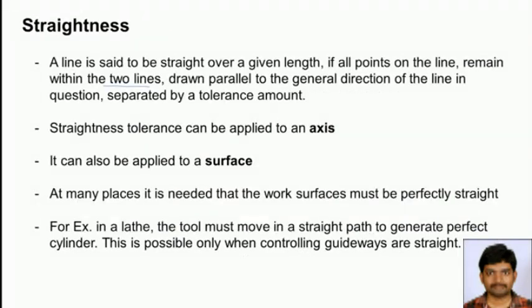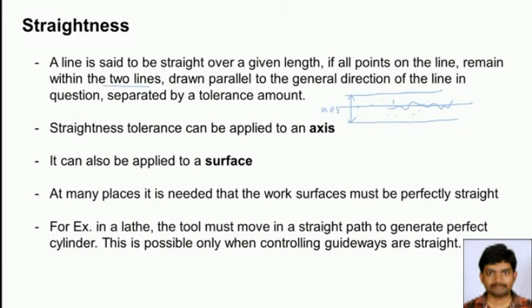For example, this is the general direction of the line, and on this line we have many points, or maybe peaks and valleys. Now we have to draw two lines parallel to this general line, which are separated by the tolerance amount. Say this tolerance amount is 0.05 millimeter. Now if all the peaks and valleys on that particular line are well within this range,